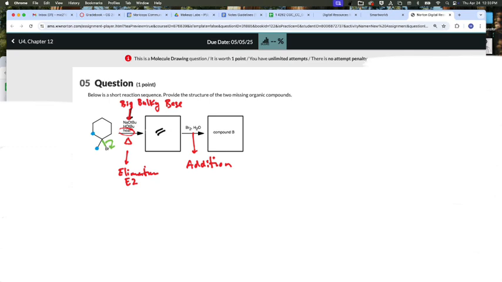If we're getting 2 different beta positions, when we go through to make our pi bond, because we know we have to make a pi bond. Why do we know we have to make a pi bond? Cool. We knew we had to do an addition, so that means there had to be a pi bond in structure A. Why else do we need to know there's a pi bond? Because the reaction reagents that we're looking at says elimination, and elimination means the formation of a pi bond. So we get both of those as possible products. Those are an OR, which means when we move into the addition, we would get multiple products. SmartWork doesn't like multiple products, which means